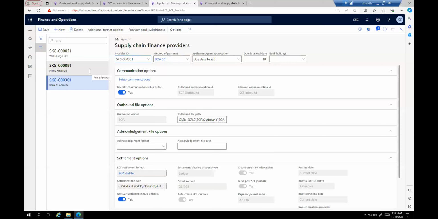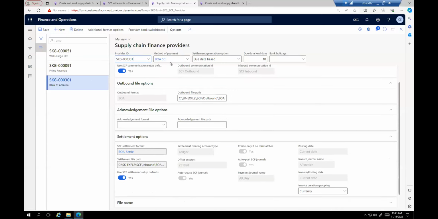If they're not, and you request them build out, we will build them out, and it doesn't cost anything more to build them out or to pick an existing one. But we set up the providers, you tell it, again, the method of payment is the key, and the other key is, is it due dates based or is it settlement file based? So if it's settlement file based, that means we're expecting this file to come back from the provider that tells us what's due this week. If it's due date based, then it's just a knowledge that this is due this week and that we owe this money. So again, we set the invoices up.